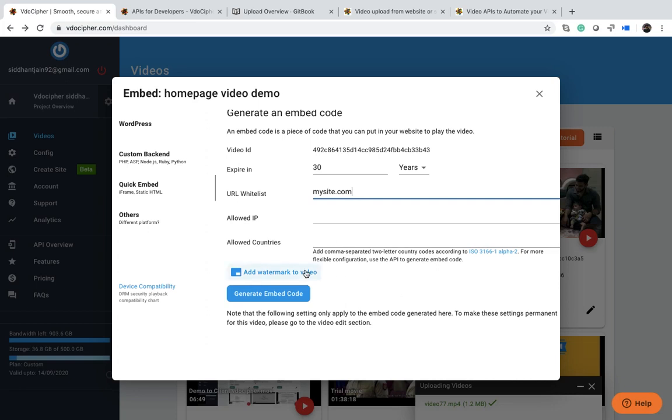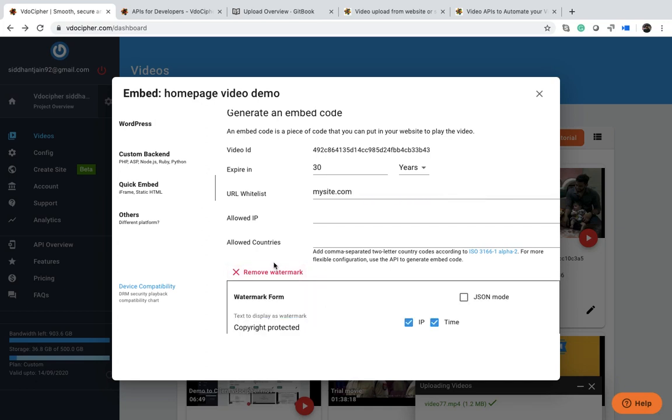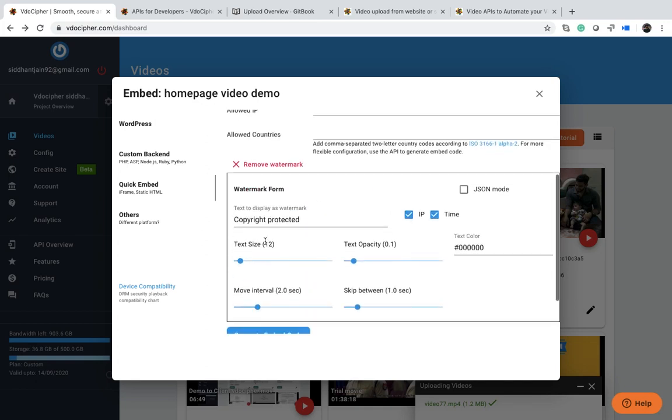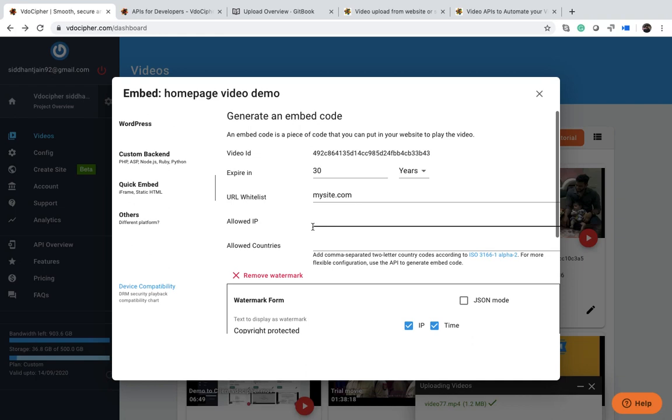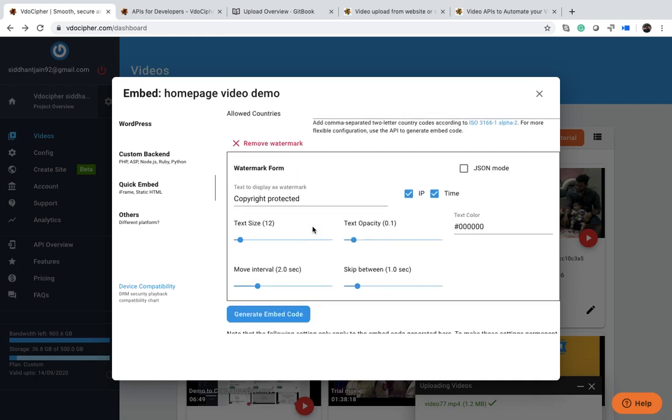Then you also might want to add the security of a watermark, in this case. So you can choose the add watermark option. In an iframe based watermark, actually only three things are possible as a watermark. One is static, a fixed text. So you can set, for example, copyright and your company name.